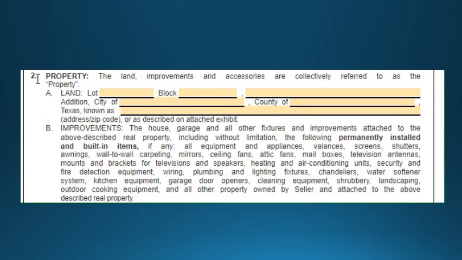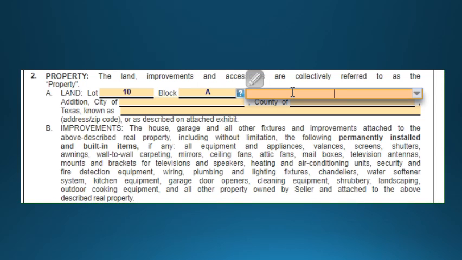On page 1 in paragraph 2, section A, you will have the legal description of the property as well as the address. Just for an example, we'll say we're in lot 10, block A. The subdivision here,